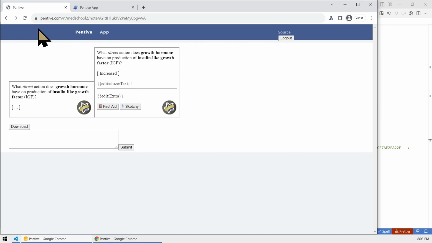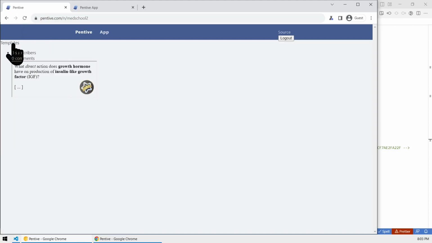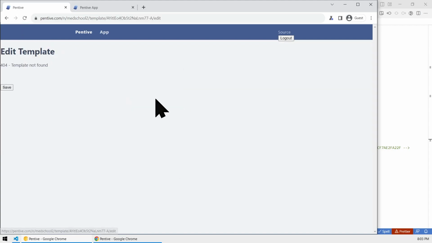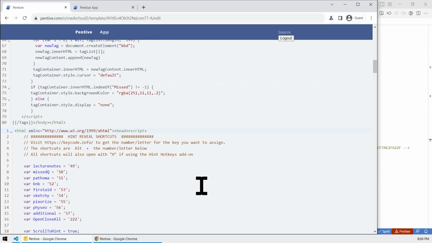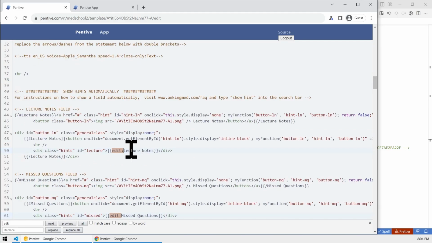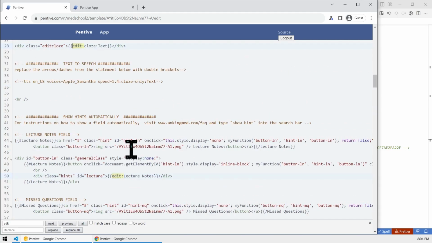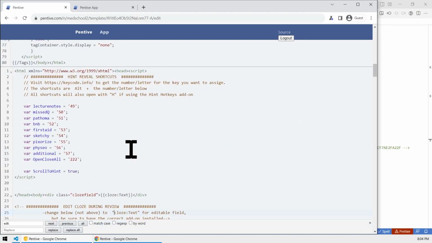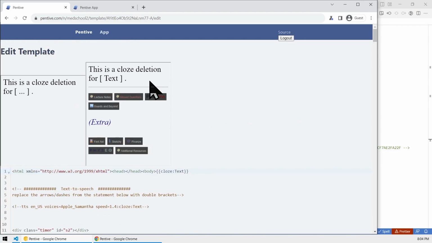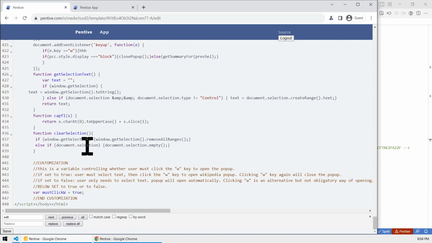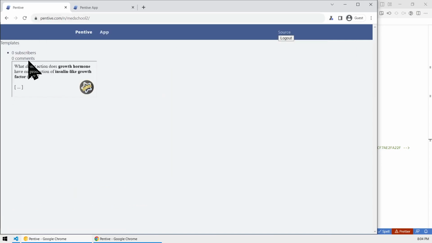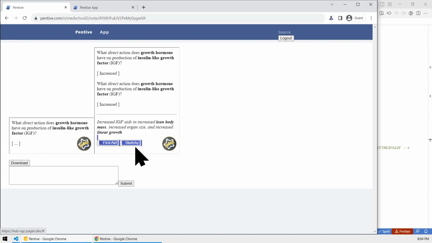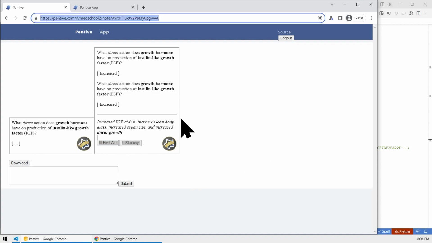So let's go ahead and go back, go to templates, edit the template. And so let's go ahead and search for edit, colon, can I multi-cursor? There we go. And delete that. Oh, and there's extra colons there. Okay. Boom. All right, now that is done. I scroll all the way down to the bottom, click on that save button. Cool. So we go all the way back up to the top, and we click on comments. You can see that the edit fields are no longer appearing. Great. So let's copy this